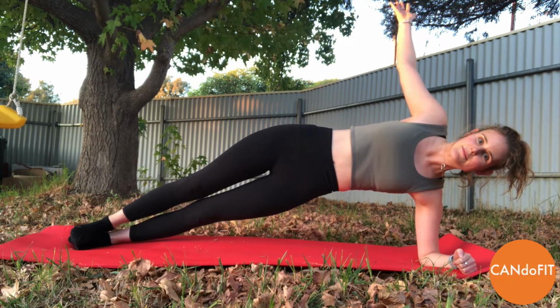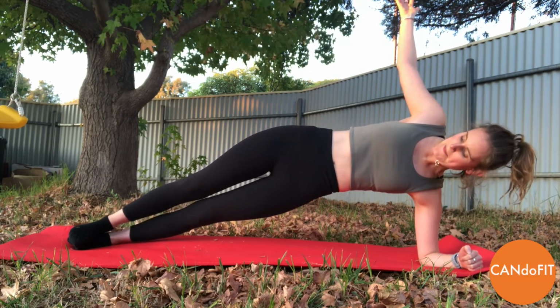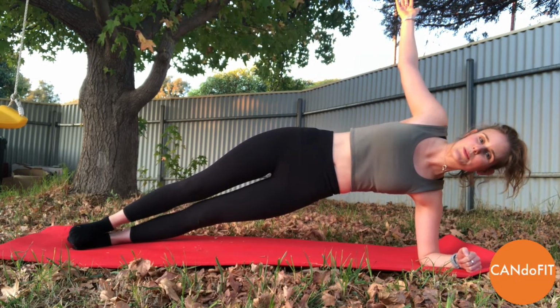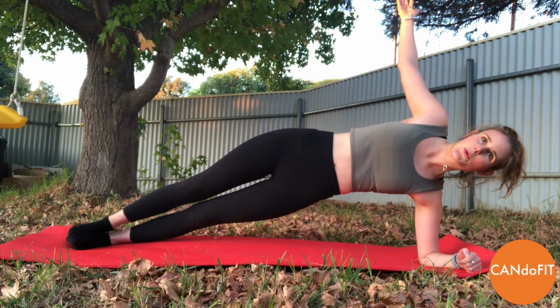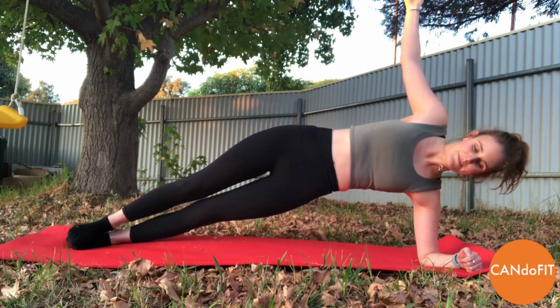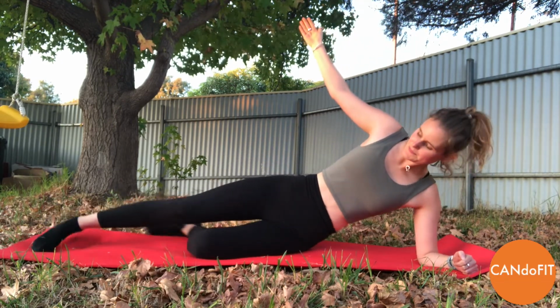So really engaging those core muscles. We're utilizing our obliques here as we hold. Really want to lift the hips up towards the ceiling or the sky if you're outside like me. Keep breathing naturally in through the nose and out through the mouth as we hold. Good. Relaxing down,